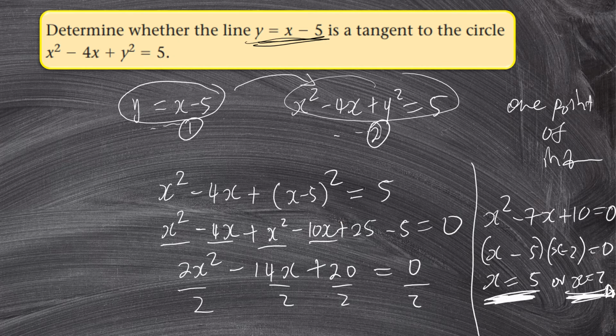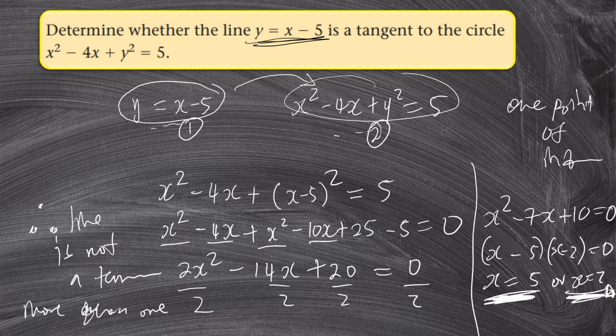Can you see there are 2 points of intersection? We are expecting only 1 point for it to be a tangent, right? Then we can now deduce that therefore that line is what? Is not a tangent. Why are you saying it's not a tangent? Because there are more than